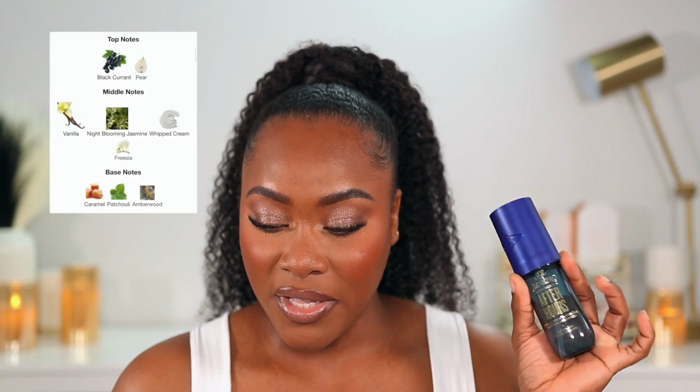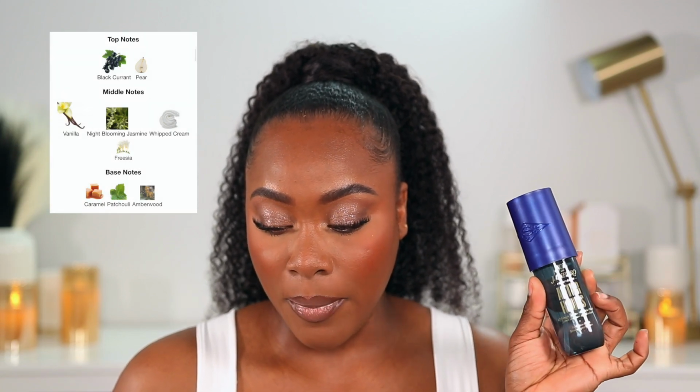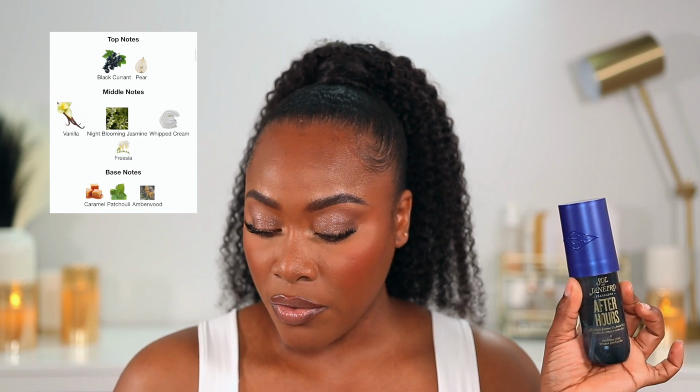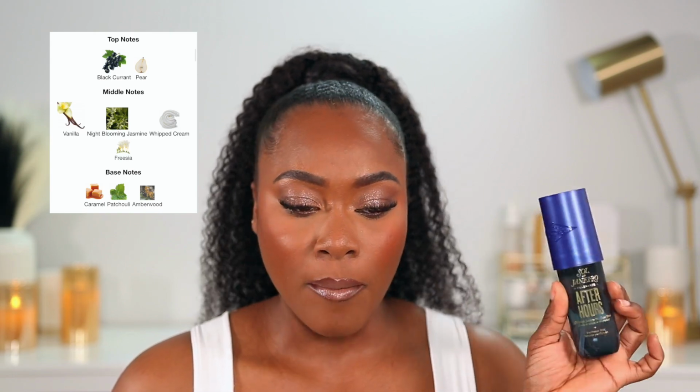So the notes for this one, in the top you have black currant and pear. In the middle you have vanilla, night blooming jasmine, whipped cream and freesia. And in the base you have caramel, patchouli and amberwood. When I tell you, this is probably the most perfumey kind of scent that I've ever smelled from Sol de Janeiro. This is such a sexy kind of scent, slightly smoky, sweet, woody, perfect for a date night kind of